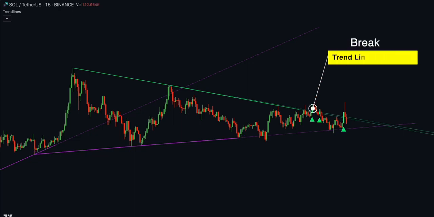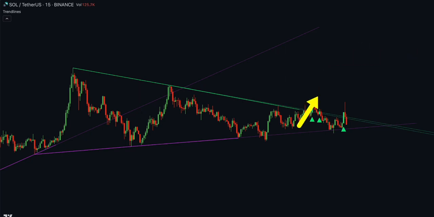The breakout component of the indicator comes into play when the price of an asset breaks through these trend lines. A breakout is usually considered a significant event, as it might indicate a potential change in the market trend, either a reversal or a strong continuation of the current trend. When a breakout occurs, the indicator might highlight these moments with visual cues, such as colored circles, arrows, or alerts. This helps traders quickly identify these crucial events and potentially make timely trading decisions based on the breakout from established